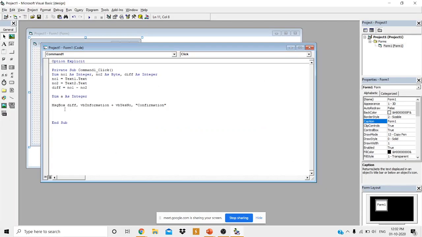Just observe here. Instead of writing the sum here, I will write MessageBox in double quotes, JSSSMI. Then I want to provide the icon vbInformation. So how to write the icon? I want to change the icon.